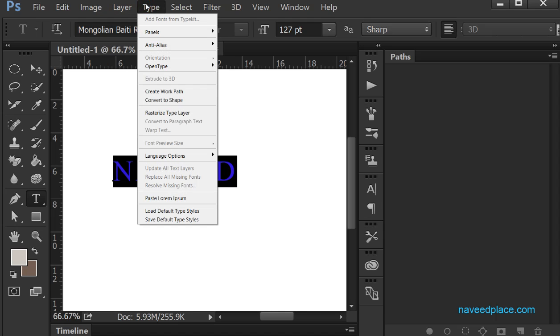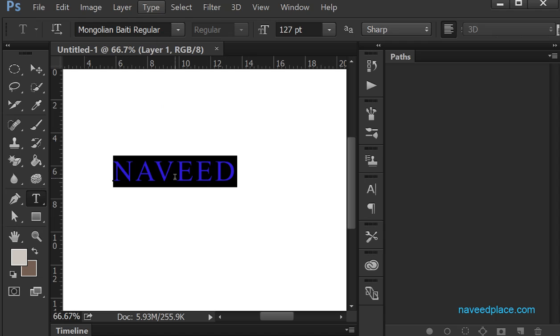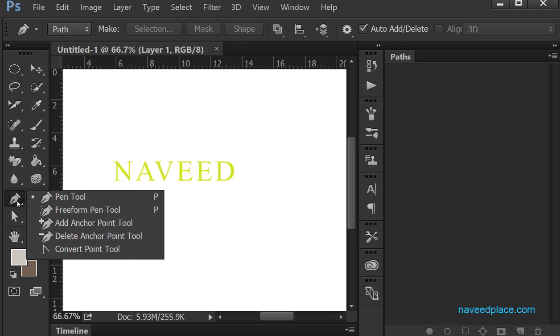So if I go in the type menu, here we also have the option to convert or create a work path, meaning if I want to keep a work path. For example, as you can see, right now I have this. But if I want my text in path, how can I get it? Definitely you can also get the text in path with the help of free transform or the free form or